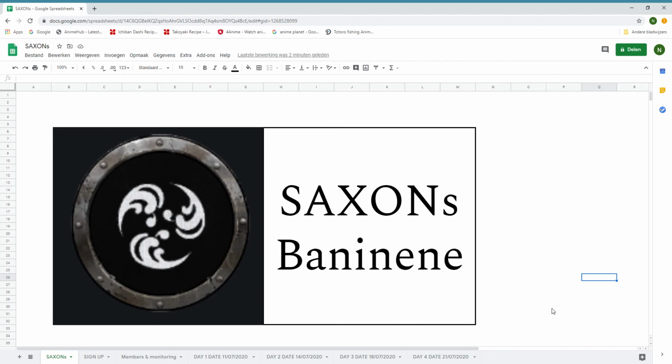I'll be making more in the coming future for the other houses, but I wanted to show you this one first so I can get feedback and change around the things that need to be changed if you have any remarks about it. So first off, if you open the spreadsheet, you'll be seeing the front page of SAXONs,